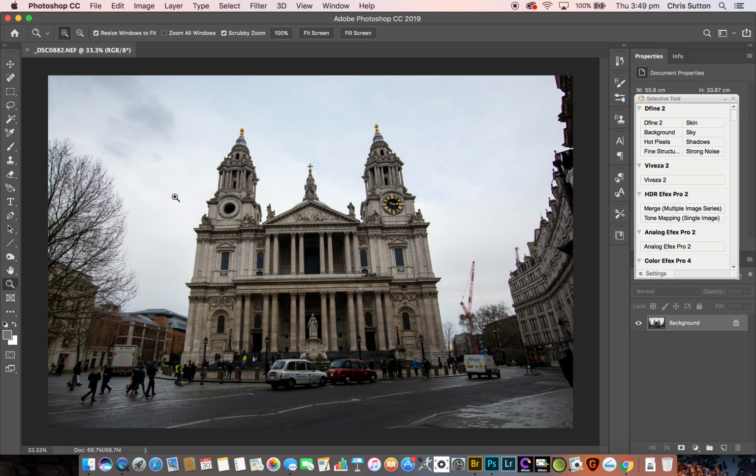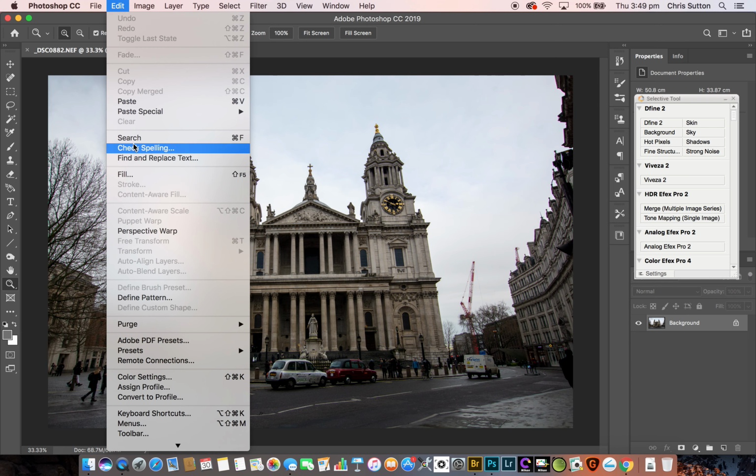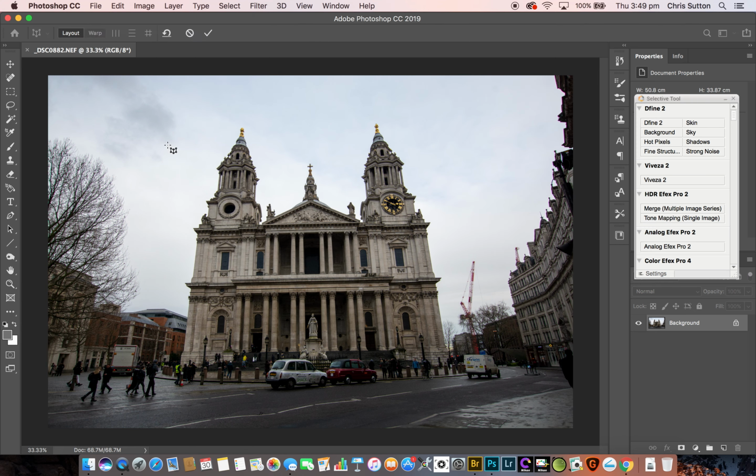But there's a couple of quick, easy ways of correcting this, and I'll show you two methods now. I'm in Photoshop. I'm just going to go up to Edit. If you scroll down to Perspective Warp, click on that, and straight away your mouse cursor changes. What we need to do now is find a corner of your building and click and drag, and we need to line up and get